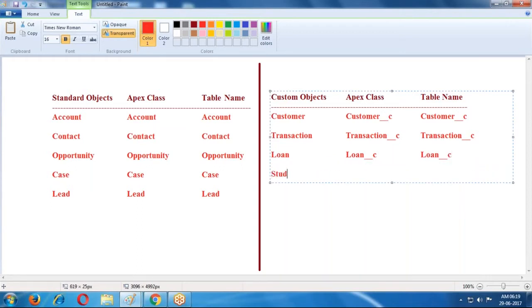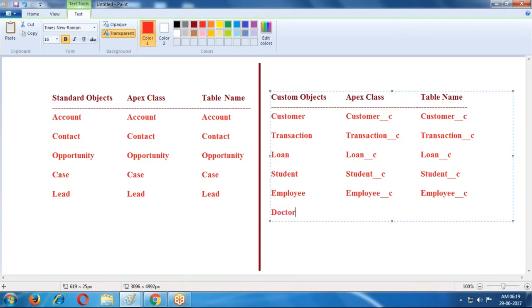If it is Student, the class name is Student underscore underscore C. If it is Employee, Employee underscore underscore C. If I created Doctor, then Doctor underscore underscore C.